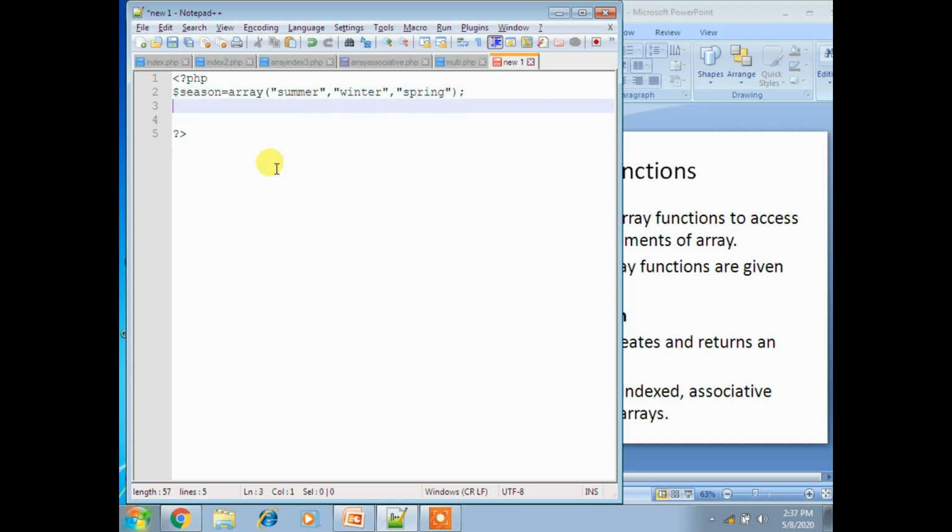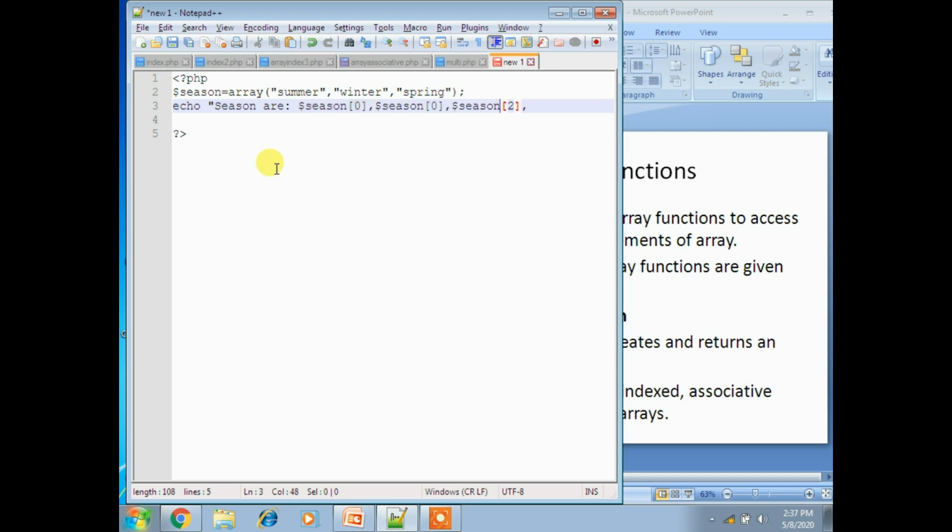Now echo $season, dollar season of 0, the index value is 0. For the same thing, how many strings are there? 3, right?